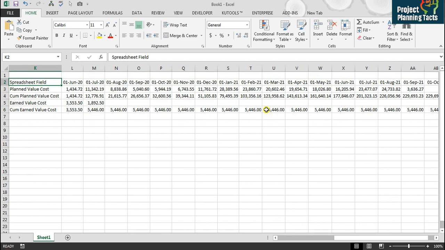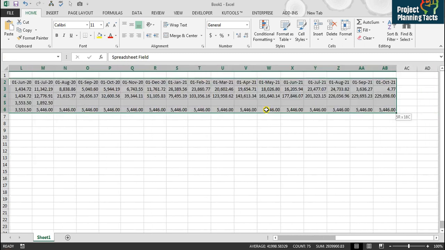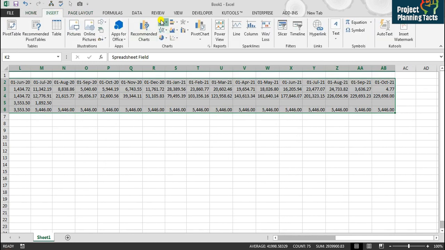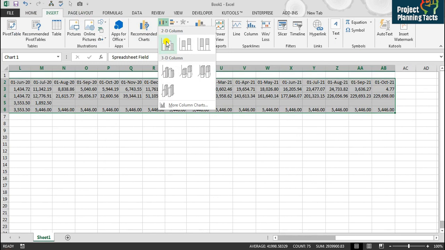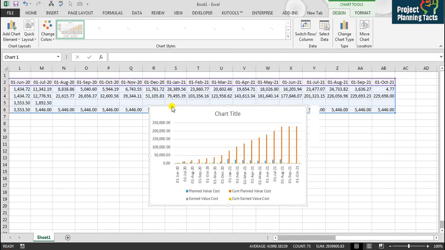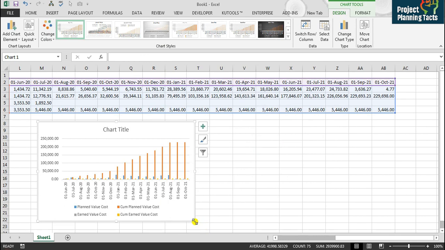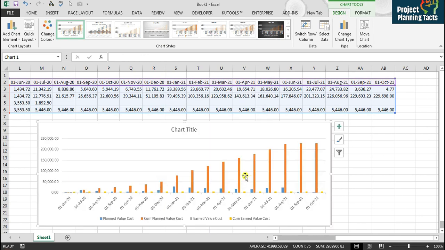Now simply you have to select from the spreadsheet to the range on the right side and insert chart, and here I have got a chart. Let me just drag it down and change the size accordingly.